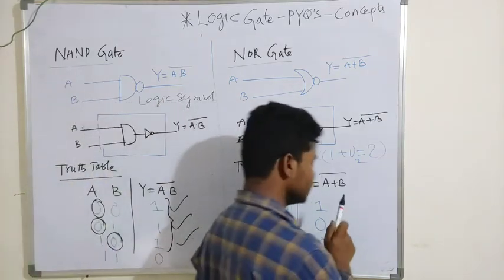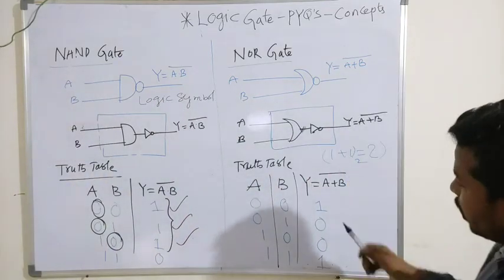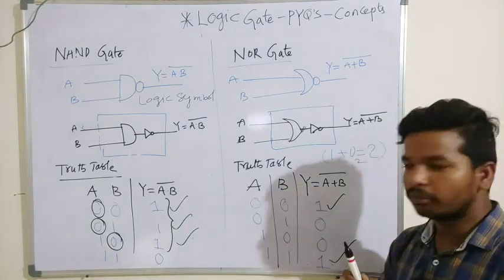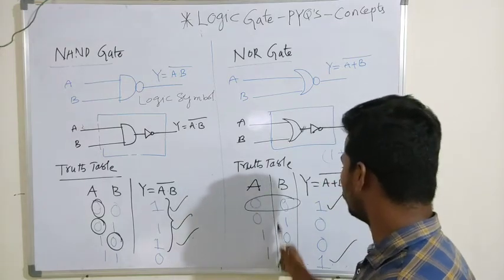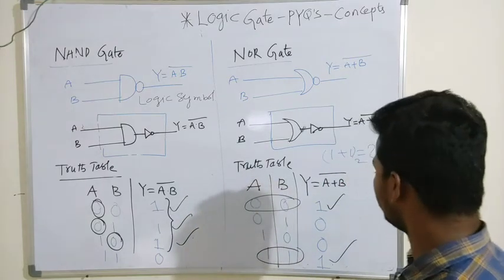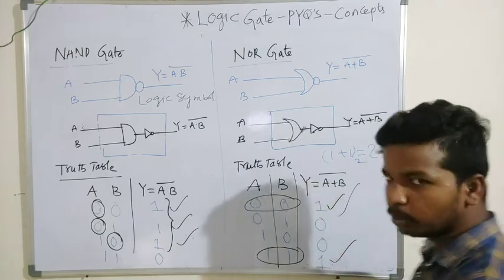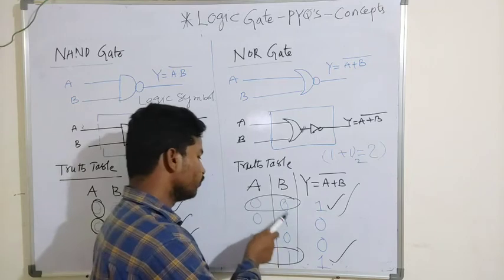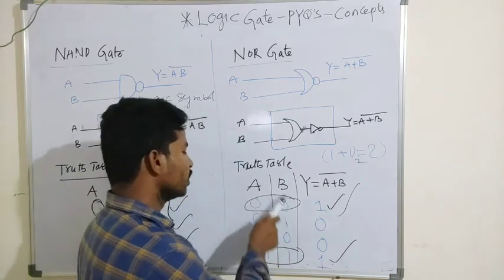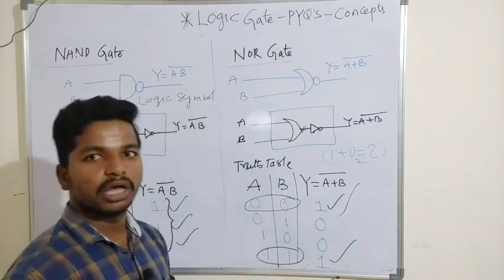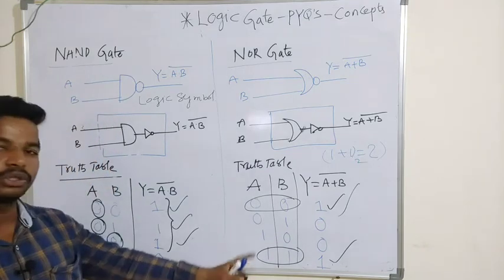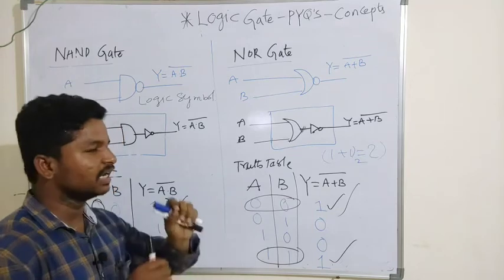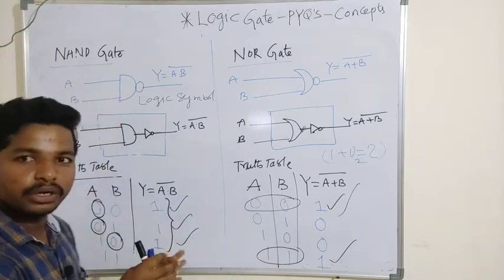Now let's analyze the property of the XNOR gate. We will have 1 in only two cases: when both inputs are 0 or both inputs are 1, in that case only the output is 1. In the rest of the cases it is 0. It is one of the important properties.